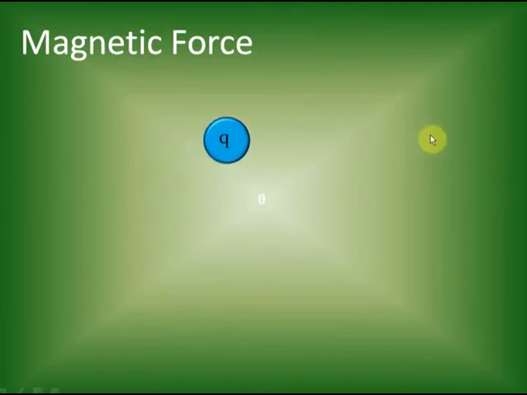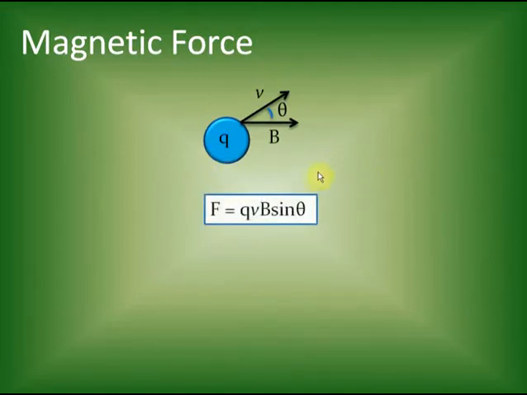Now, as you just saw, the value of magnetic force is QV cross B. If QV cross B is the vectorial representation of the magnetic force, that means that the magnitude of the magnetic force is QVB sine theta, isn't it? After all, if there are two vectors, A vector and B vector, the magnitude of A cross B will be AB sine theta, where theta is the angle between the two vectors. So in this case, the magnitude of the magnetic force is QVB sine theta, where theta is the angle between the velocity of the charged particle and the magnetic field vector. So here you go. This is the expression for the magnetic force.